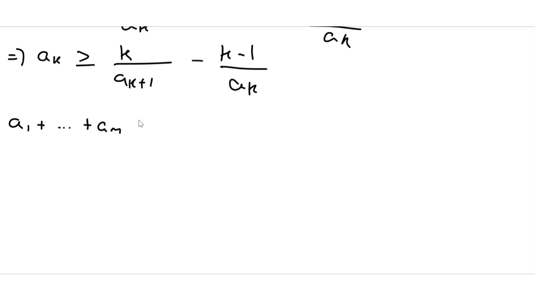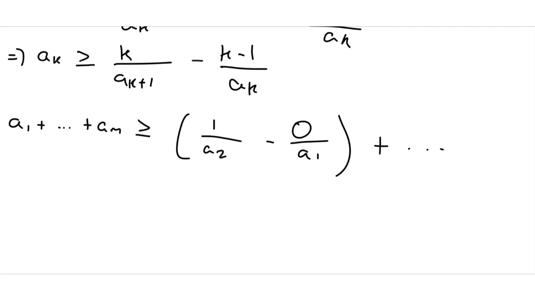So using that we can see that this whole sum is greater than or equal to, okay, plugging in k equals 1, we get 1 over a2 minus 0 over a1, and then I'm not going to run through all this, but if we keep adding these up, we get finally m over a_{m+1} minus (m minus 1)